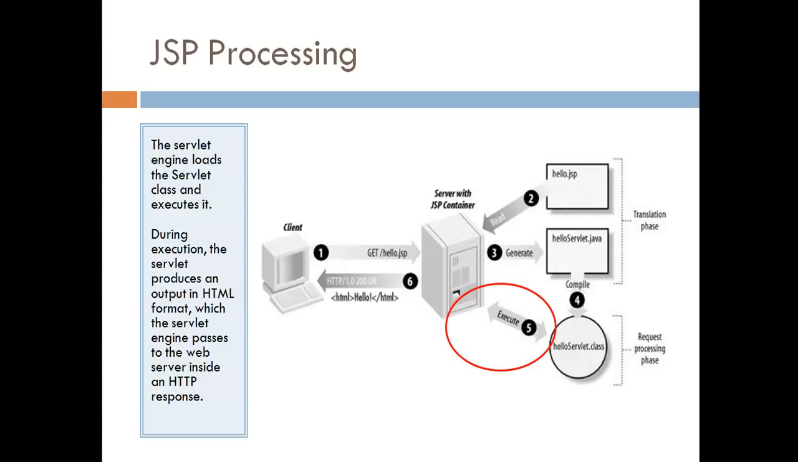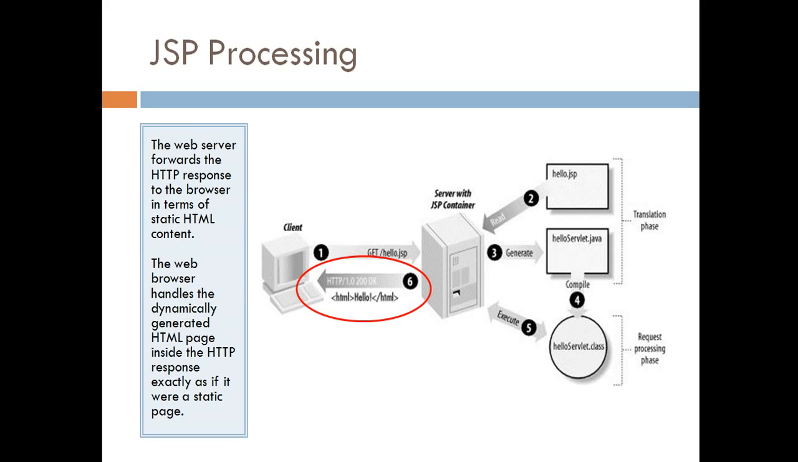During the execution, the servlet produces an output in HTML format. It produces HTML, which the servlet engine passes back to the web server inside of an HTTP response. The web server then sends the HTTP response back to the browser in the form of static HTML. The web browser then dynamically generates the HTML page inside the HTTP response, exactly as if it were a static